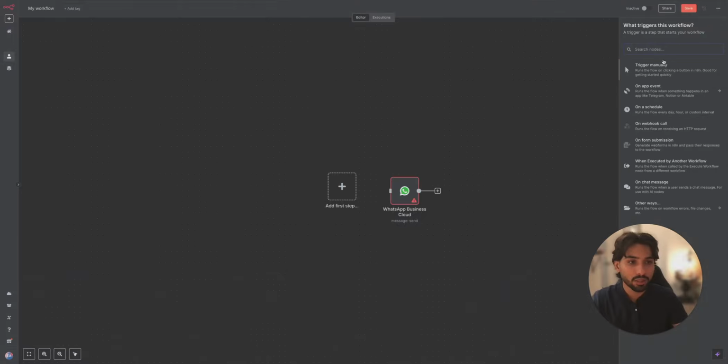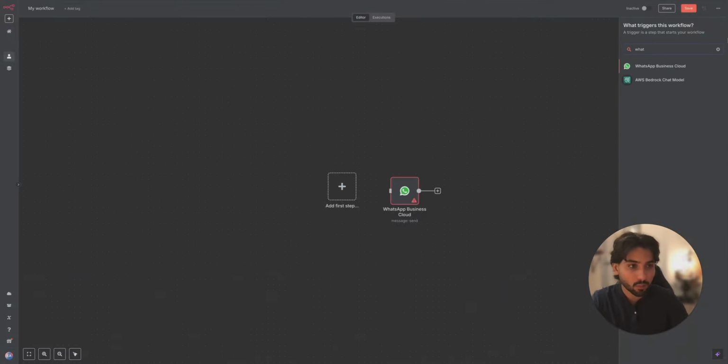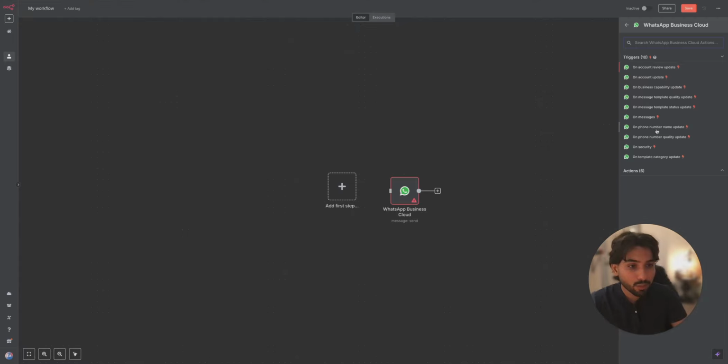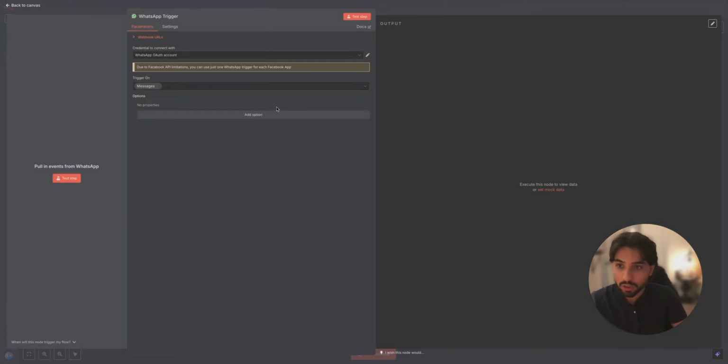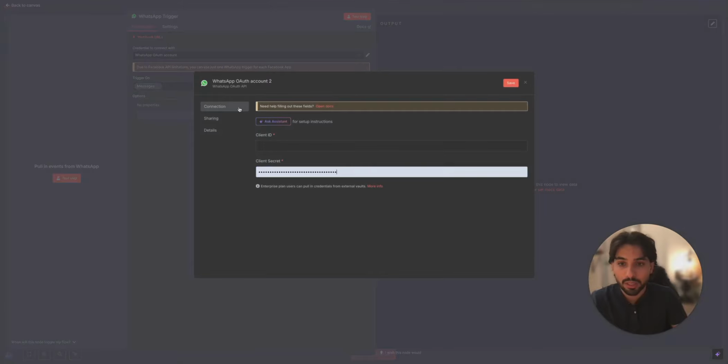we're going to add another node. WhatsApp Business Cloud. Here we'll be looking for on messages. So here I have all the credentials connected, but we're going to set up a new one. Whenever we set up a trigger, we're going to be looking for client ID and client secret. So let's go inside the n8n